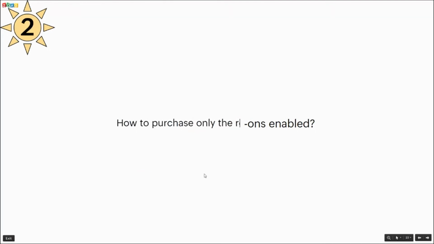Moving on to the next question: how to purchase the required add-ons? Purchasing the required add-ons is pretty simple. All you have to do is let us know the different parameters which you want to monitor. If you want flow analysis, you have to get NetFlow Analyzer, based on the number of interfaces. If you want to manage configurations, you need NCM. And if you have doubts or want more clarity on how things work, or how licensing works, you can directly contact us, where our team will give you a personalized quote or a personalized demo and help you in purchasing the respective add-ons based on your exact requirement.